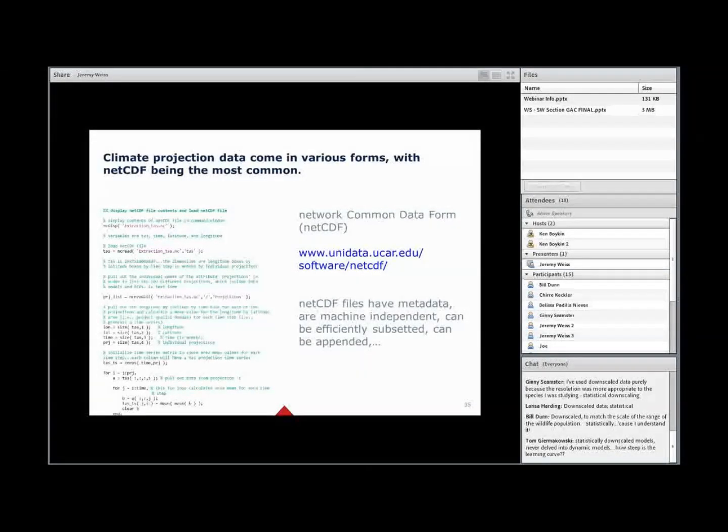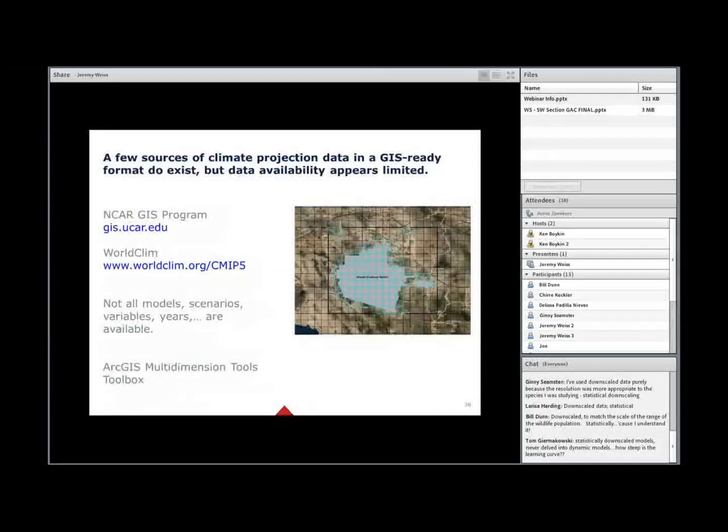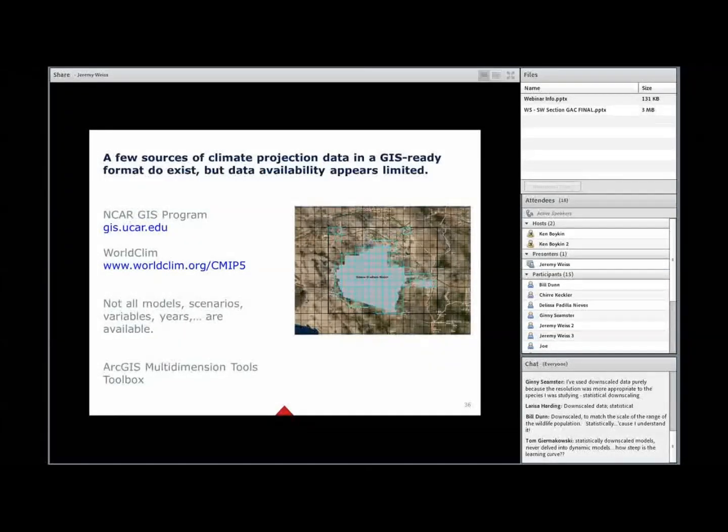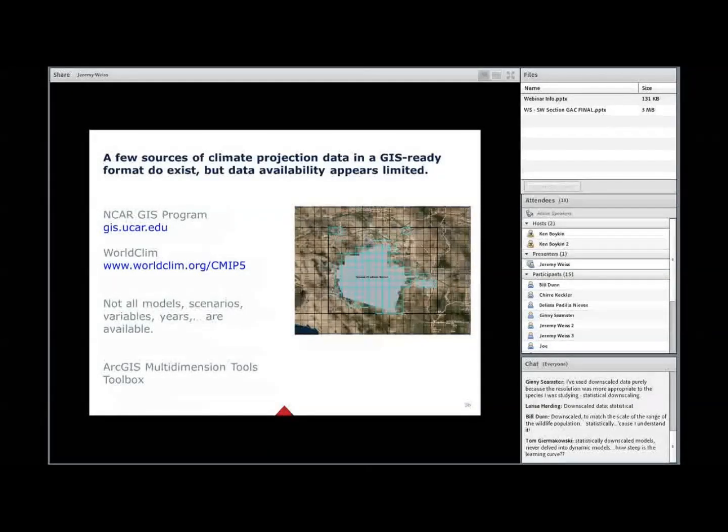Those aspects aren't always complete with the GIS software-ready data. Some of you are familiar, I'm sure, with the ArcGIS Multidimension Tools toolbox. That, of course, can be used to bring a NetCDF file into GIS software and display it.